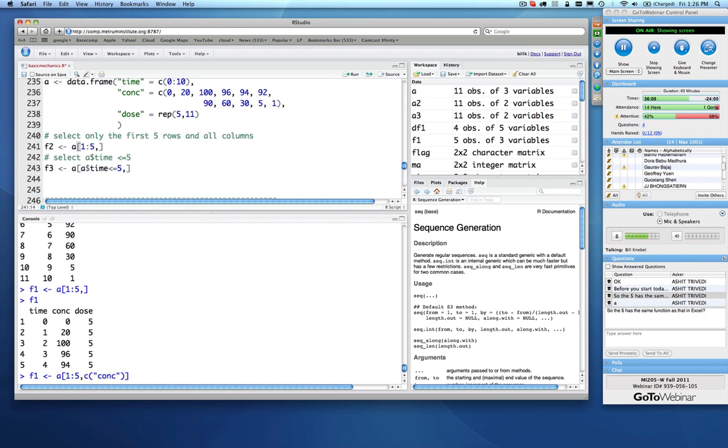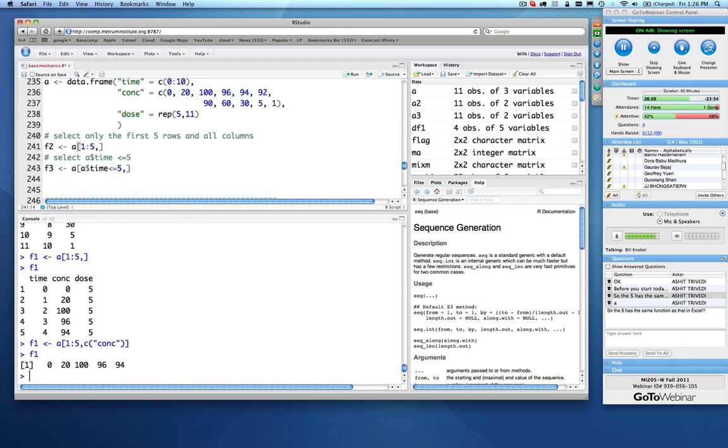Now in this case I want the first 5 rows and only the concentration column. So now what I have left here is a vector, because I've grabbed just one column. So F1 is really what amounts to a vector. You can also